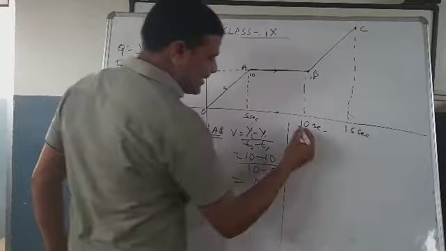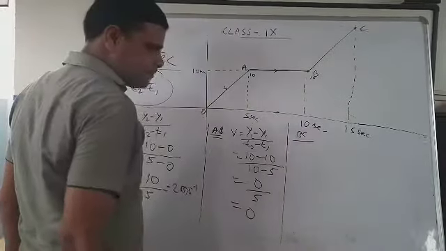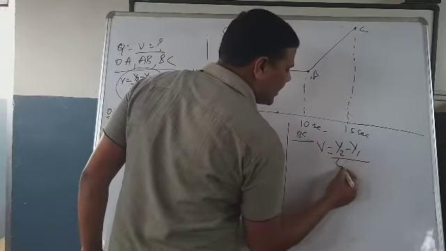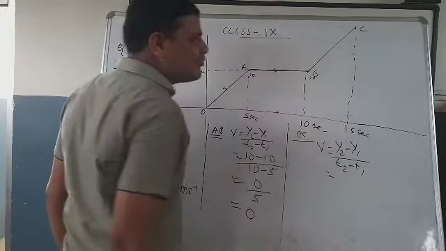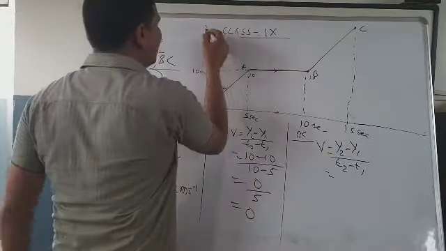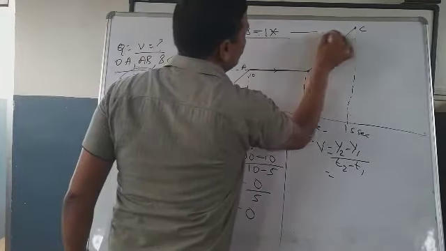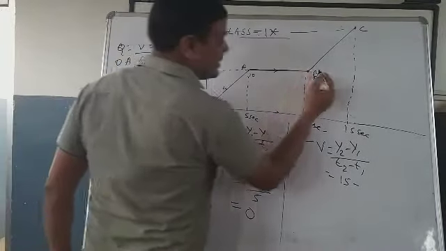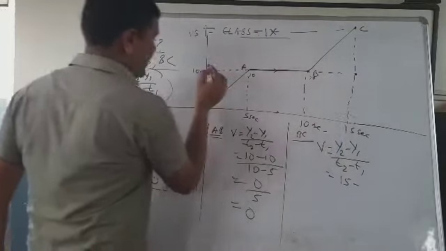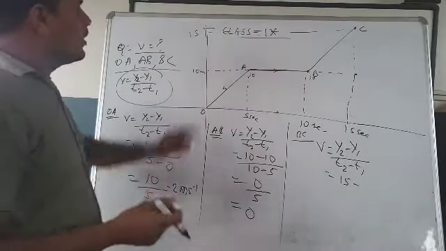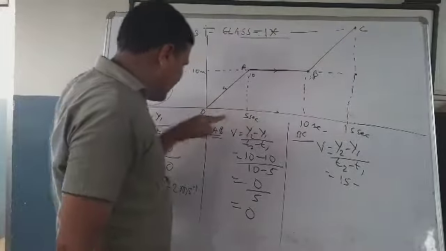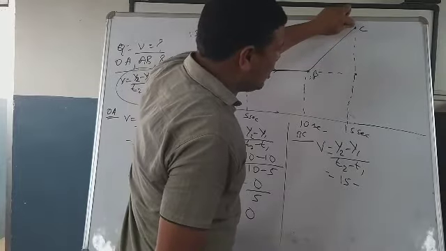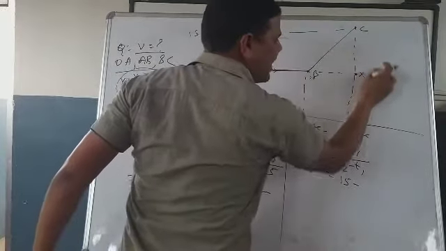Now take the third case, BC. We have to calculate the velocity, so we will get y2 minus y1 by t2 minus t1. What is y2? Suppose that here y2 is 15, y1 is 10. This y1 you have to take. Maximum students, what did they used to do? They used to take the 15 and in the bottom they used to take the 0. No, for this slope only we have to take from C, and suppose that it is x. This part you have to take.